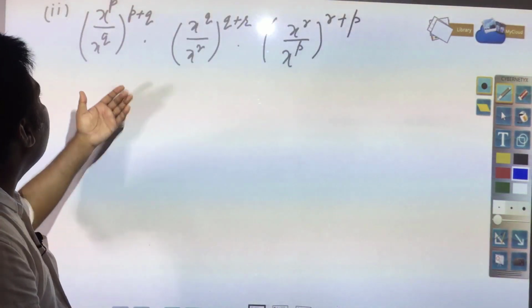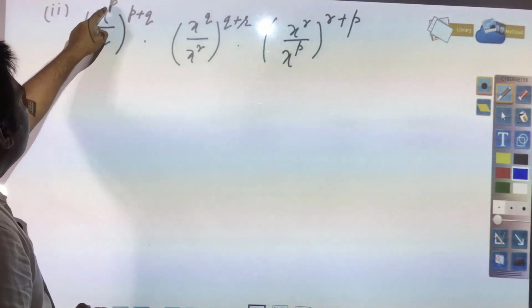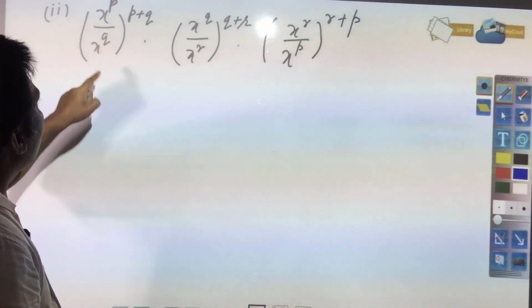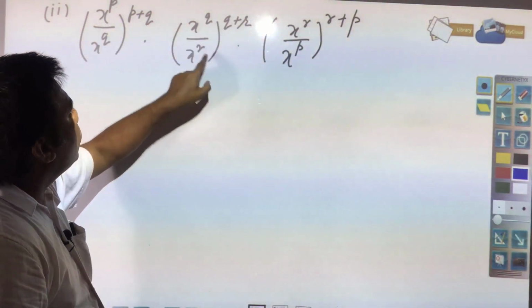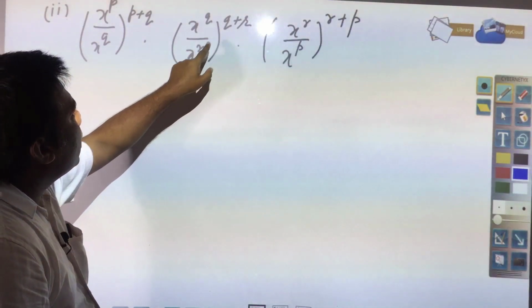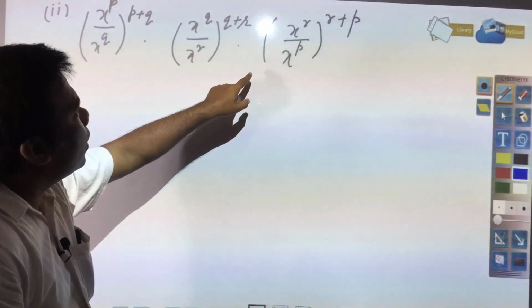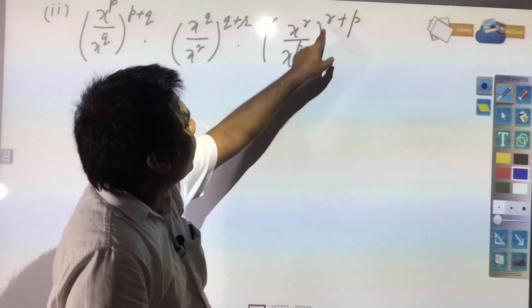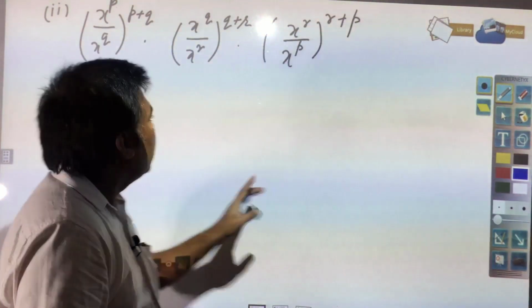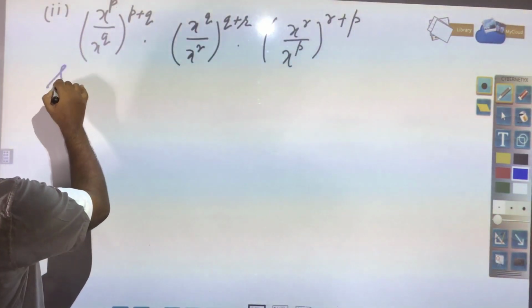Next question you have x to the power p divided by x to the power q whole to the power p plus q, x to the power q divided by x to the power r whole to the power q plus r, x to the power r divided by x to the power p whole to the power r plus p. Now, how we will solve this? You see,